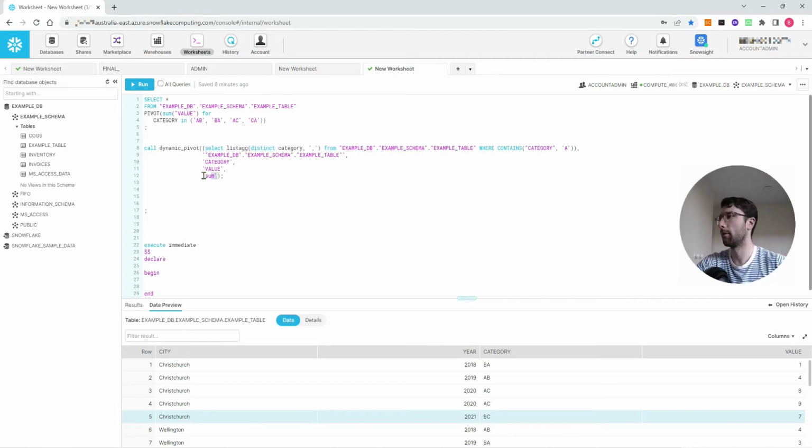So starting from the bottom, sum would be this part of the dynamic pivot. Value is the column that I want to make up the values for the new table. The category is the name of the column that I actually want to pivot. This is the table that I want to do the dynamic pivot on, and this is my kind of dynamic condition of the